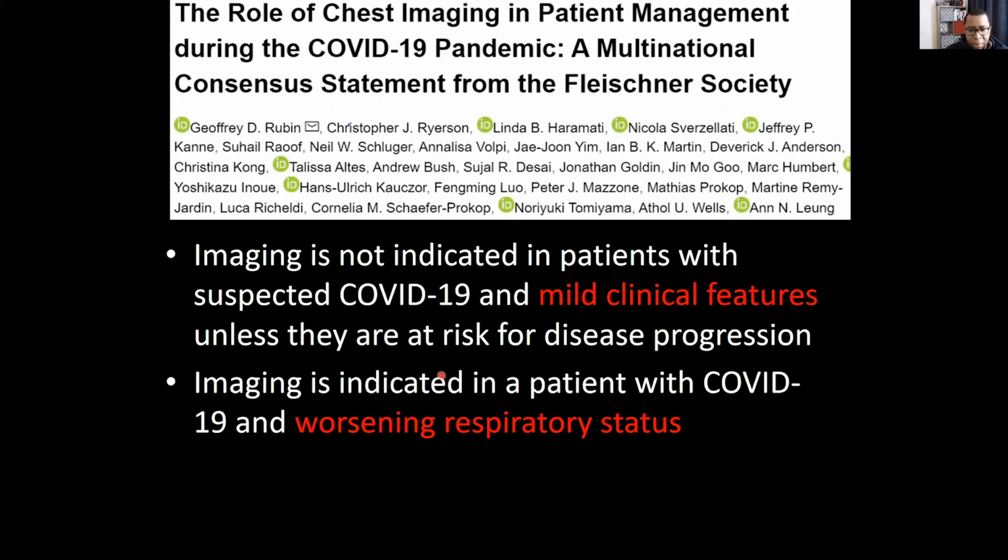So they have mild clinical features, but the clinician thinks they could be progressing. You can start with a chest x-ray to see if they actually have a pneumonia, and CT scan could be used if there's suspicion for other things. They also said imaging is indicated in a patient with COVID-19 and worsening respiratory symptoms, right? So if they have worsening symptoms and you think they might have a pneumonia, you can start with a